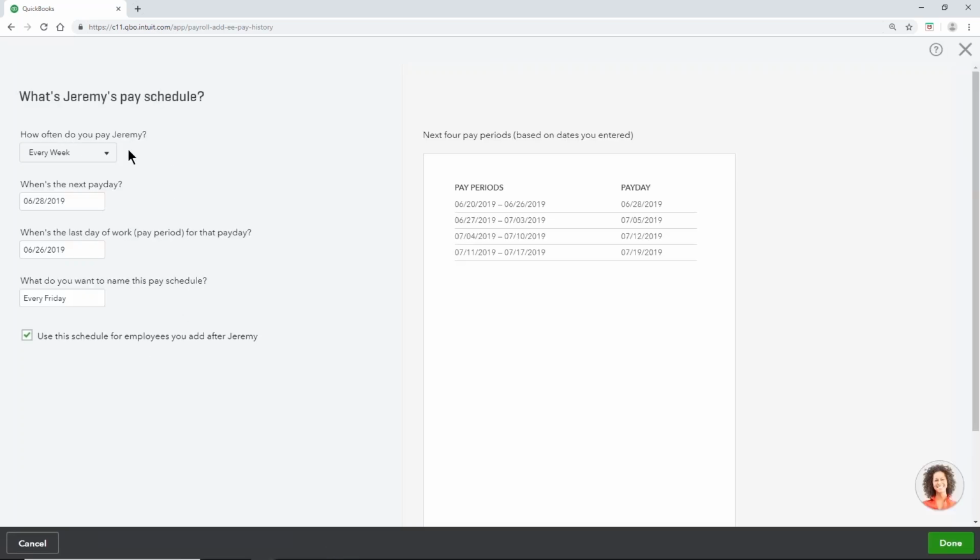Okay, so how often do you pay Jeremy? We have several choices here: every other week, every week, twice a month, or every month, which is basically just a monthly pay schedule. So I'm going to select twice a month because that's going to show an option where I can set up a custom schedule. So I'll click this custom schedule link,